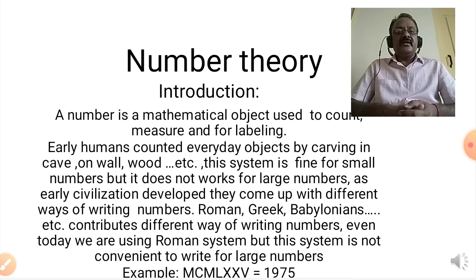But once upon a time, what did people do? A number is a mathematical object used to count, to measure, and for labeling purposes. It has many applications. This is the number system. Earlier, humans counted every object, or for measurement or something else it was required. The number is essential. Our earlier humans carved on cave walls and wood, and somewhere for reference they